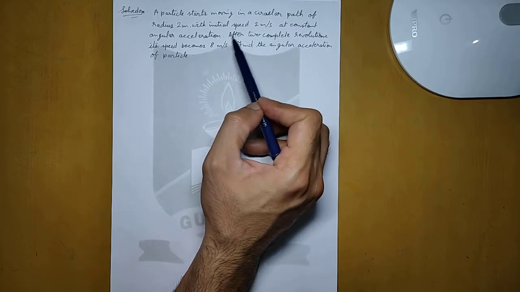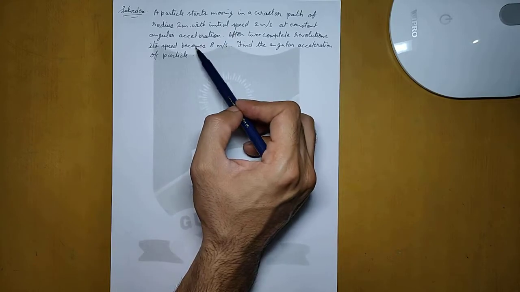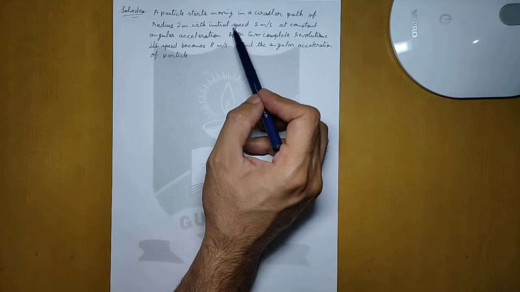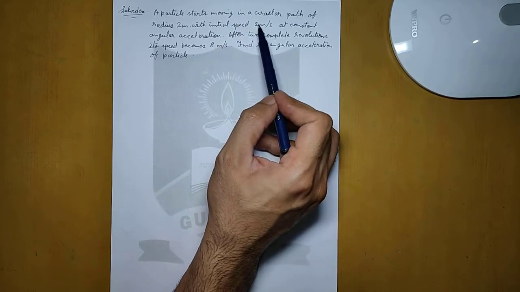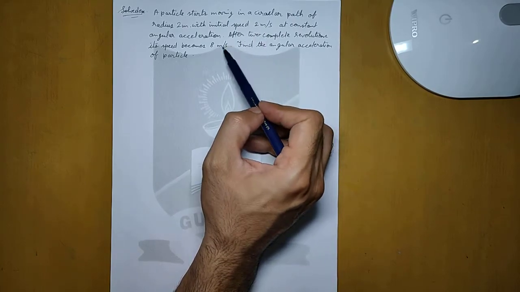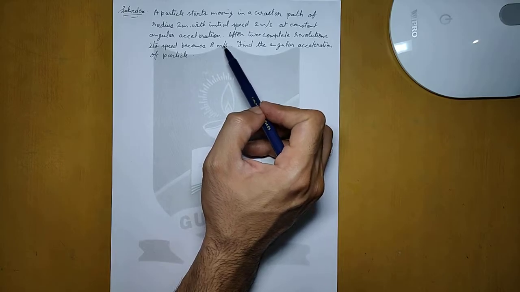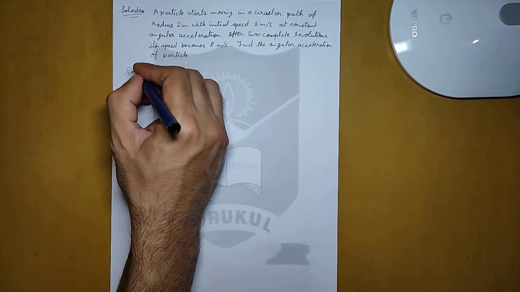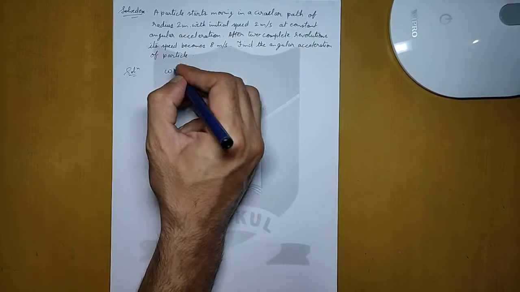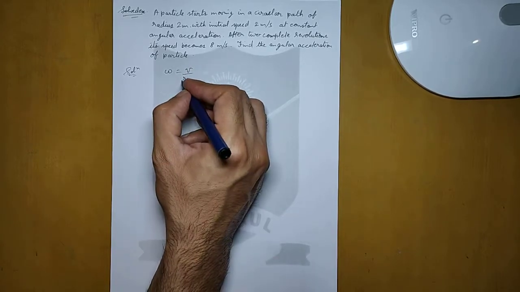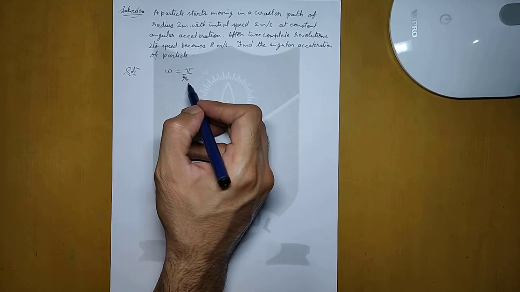Now make sure that you do not get confused here. Initial speed and final speed means the value of v. It is the velocity given. It is not the angular speed. So these are not the values of omega, these are the values of velocities, and we will use these values of velocities to find the initial and final angular velocity. And we also have the radius, so we know that angular velocity is given by the formula v by r. V equals omega r. We have already done this relation, so omega equals v by r.